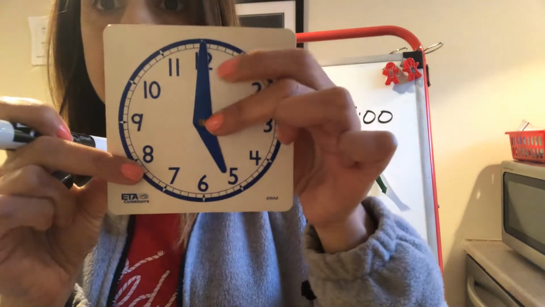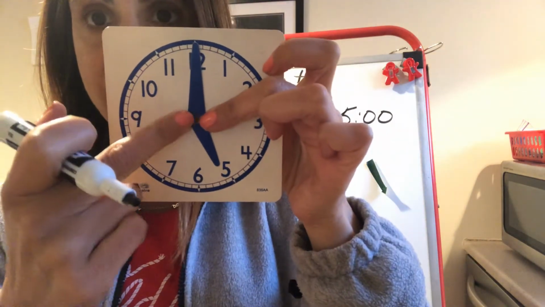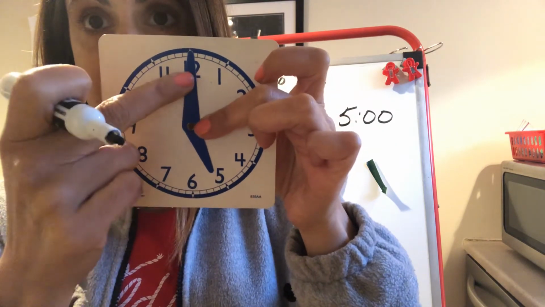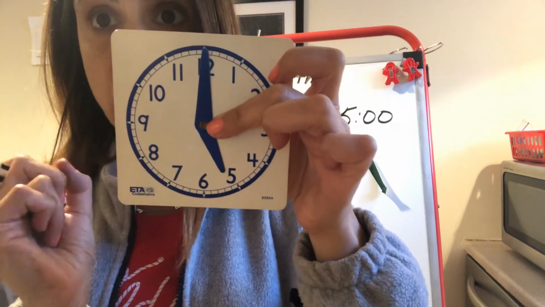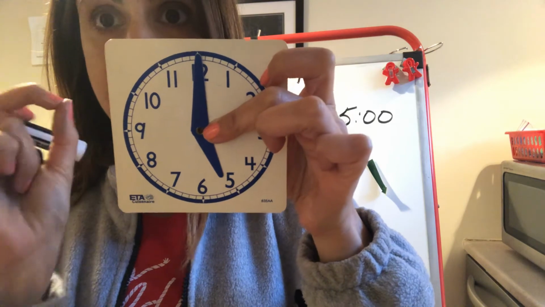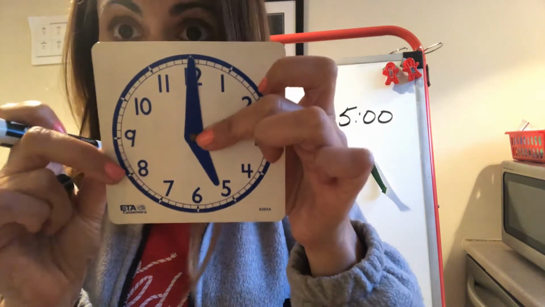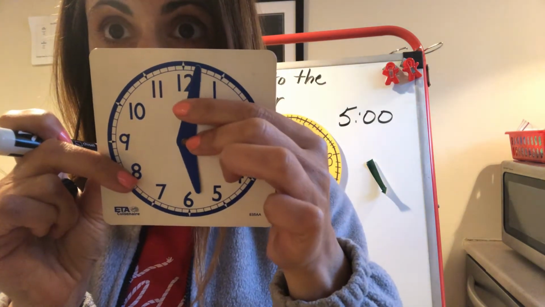Five o'clock would look like this. The hour hand is on the 5. The minute hand is directly on the 12. 5 o'clock. If 30 minutes went by, 1, 2, 3, 4, 5,